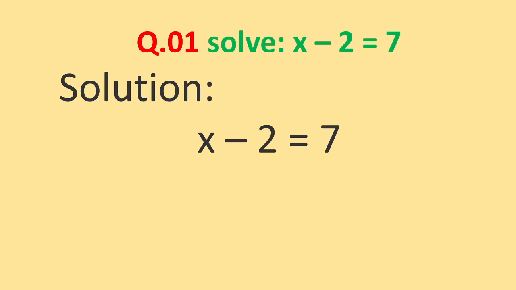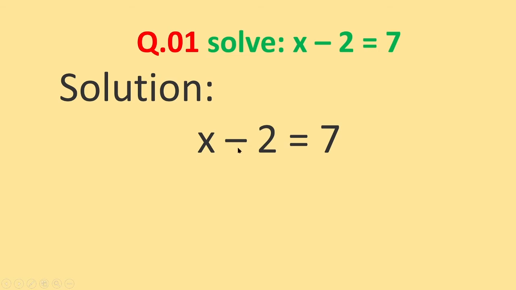Do you remember the basics of last year? See, children, in this kind of questions, we separate the variable on one side of the equation and all the rest of the things on the other side. Here on the left hand side we have x minus 2 is equal to 7. So we'll separate the x, we'll make it alone. For doing that, we have to transpose this 2 to the right hand side, and the sign is minus.